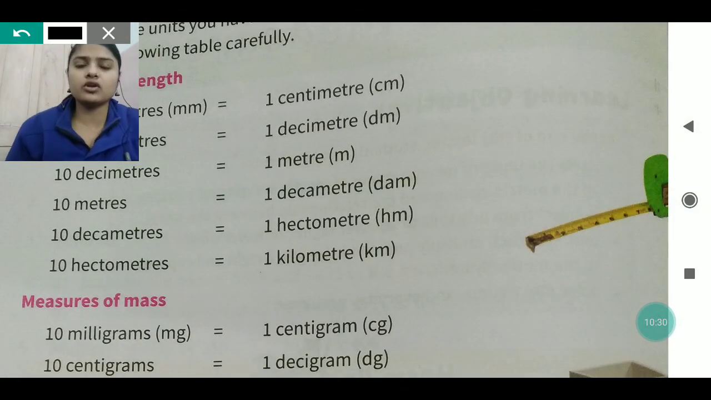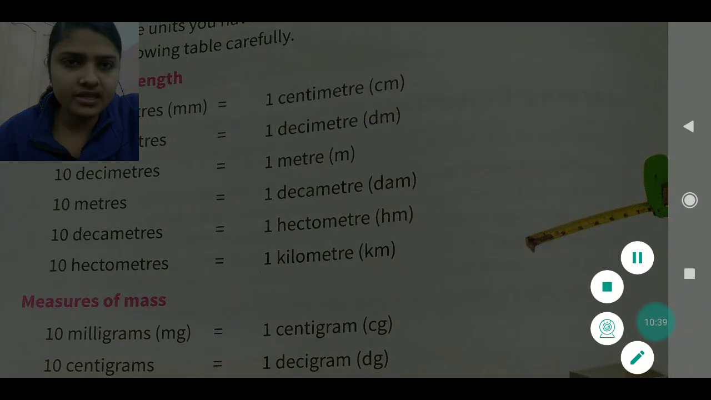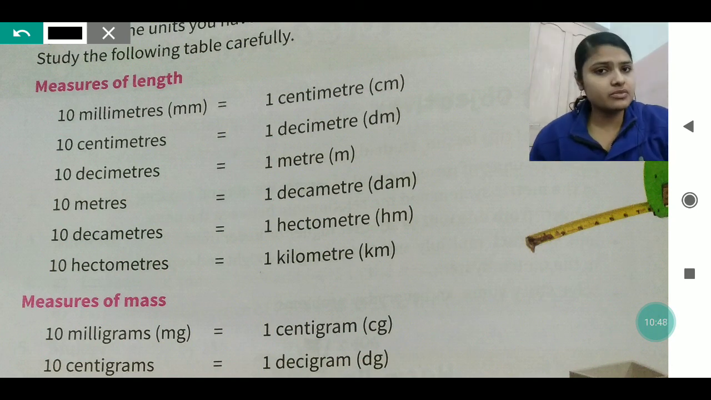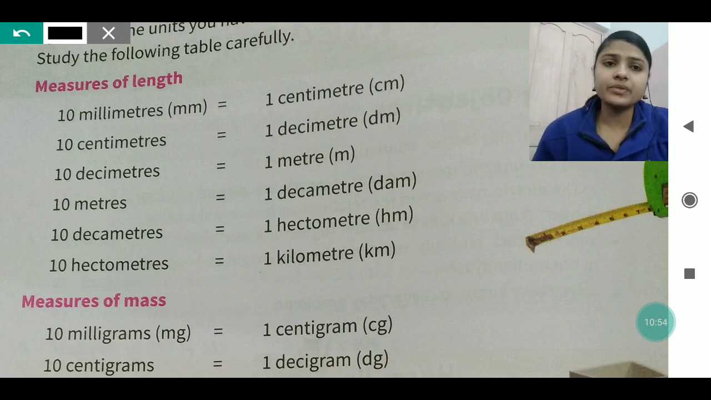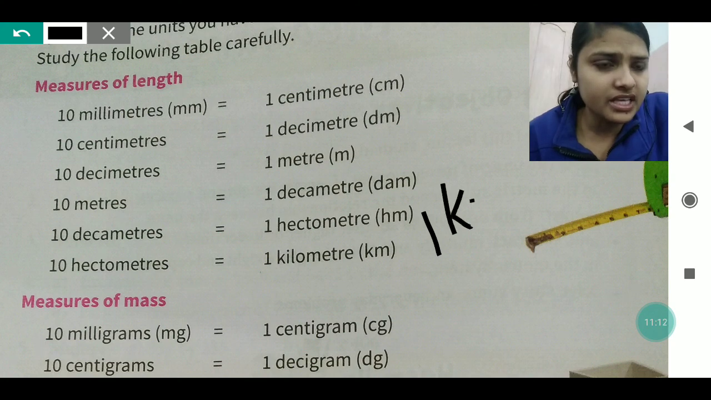Now we are going to talk about some of the measuring units. Okay. So already I have told all of you that you will learn all the measuring units so that it will be easier for you to convert. Like 10 millimeter is equal to 1 centimeter, 10 centimeter is equal to 1 decimeter, 10 decimeter is equal to 1 meter, 10 meter equals 1 decameter, 10 decameter equals 1 hectometer, and 10 hectometer will become 1 kilometer. Okay, so it means that 1 kilometer will be equal to 1000